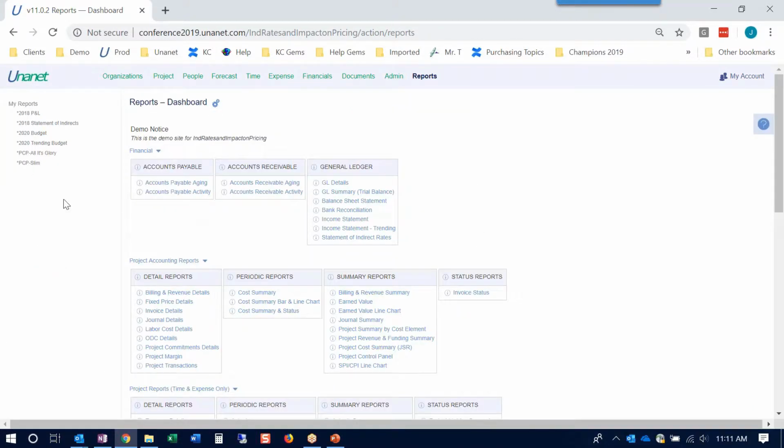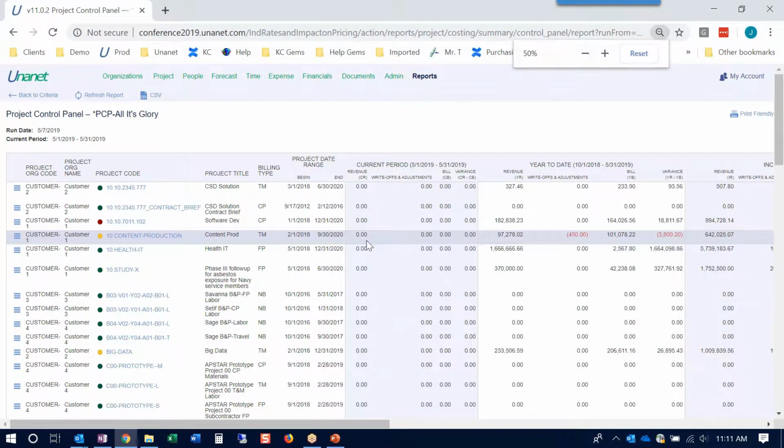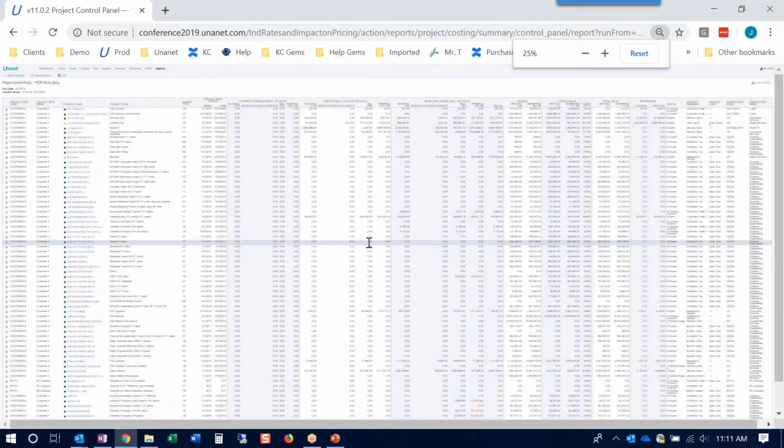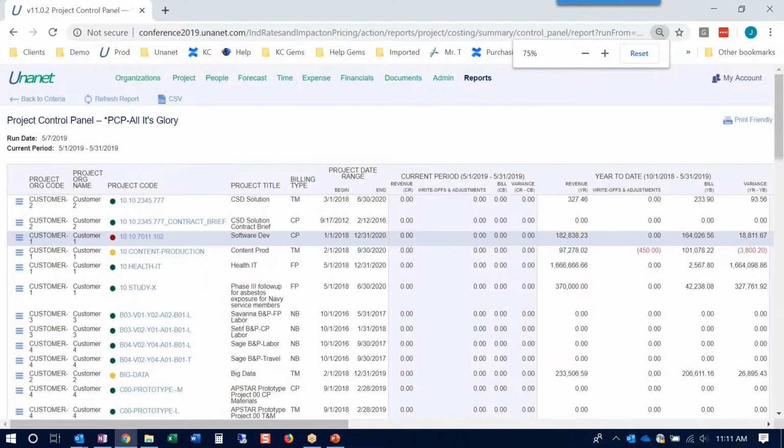I'll start out and just show you the report in all its glory. I know you won't be able to see this, but I'm going to scroll out so you can see there's a lot of columns. There's a lot of information that we can include on this report, and in this particular option, I selected to include everything. But if we zoom in here, going from left to right, we see project org code, project org name, project code, project title, build type,